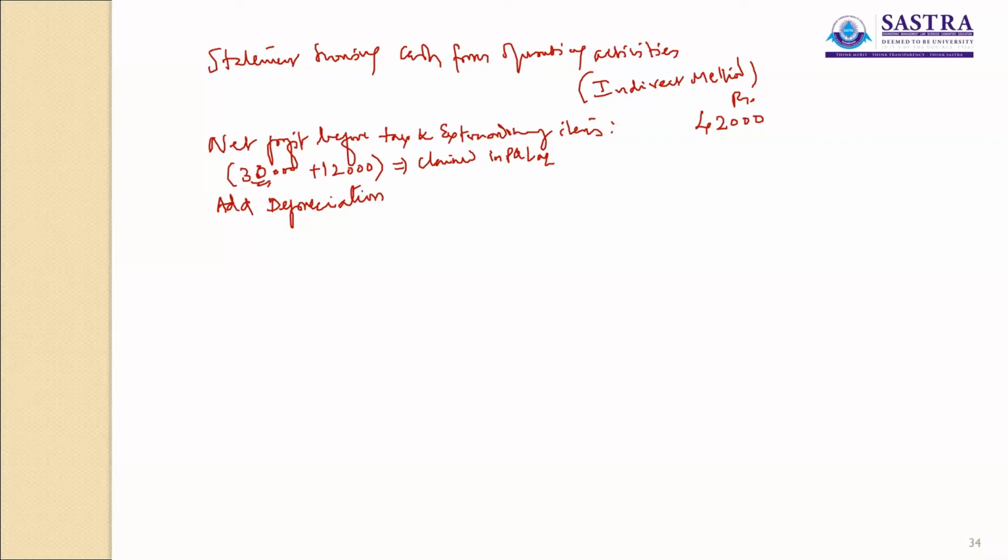So, if you remove it, from the P&L account, the net profit is arrived at after debiting depreciation of 20,000 and tax. Tax is to be adjusted separately. So now what do I do? I have to add it back. If I remove this 20,000, my profit will become 62,000. So I have to add back 20,000 here. That is the reason why I am adding here. It is all already claimed in the P&L account.